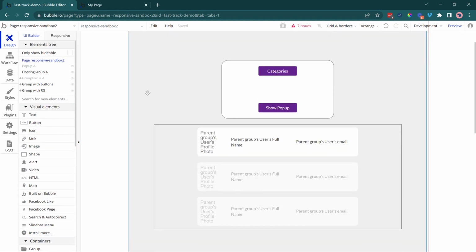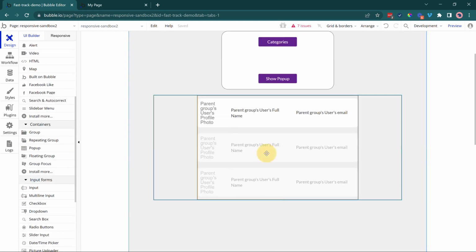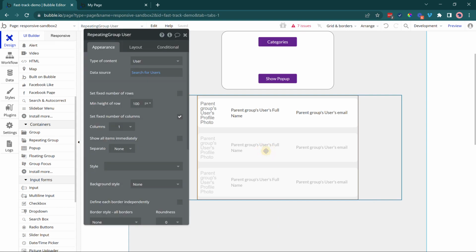The next container we're going to look at is the repeating group. That's this one right here. So I've got an example design set up with a repeating group right here. Repeating groups are specifically for working with lists. Okay, and these lists can come from multiple data sources. They can come from your database, they can come from a plugin, an API connection, they can even be custom